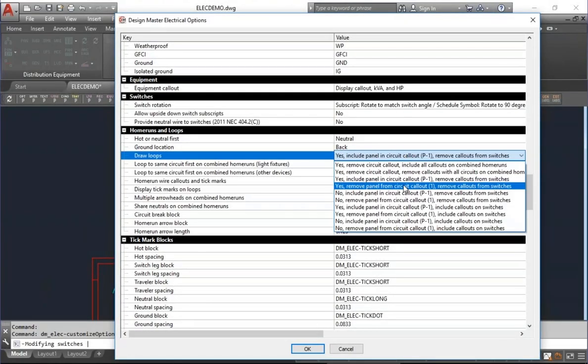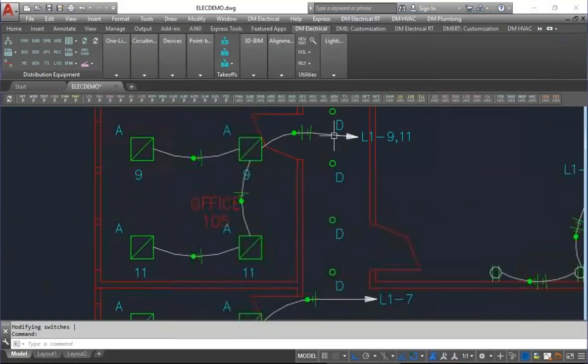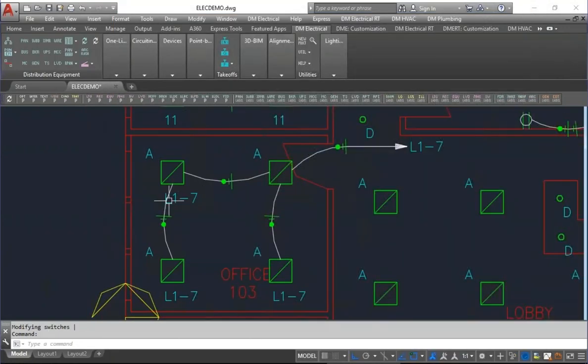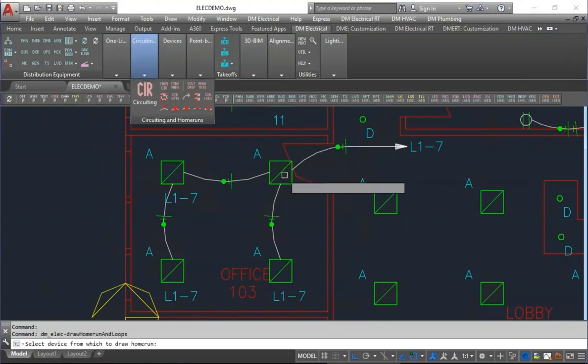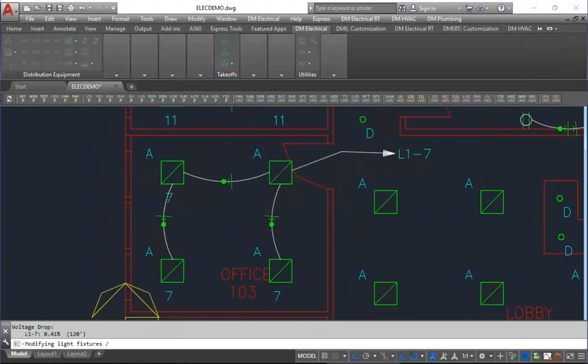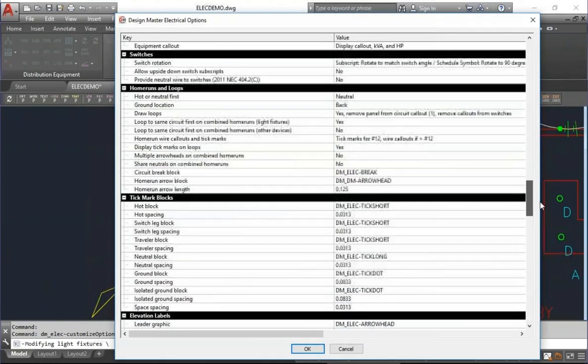And it's include the loops, include the circuit callout, but remove the panel name, and again, remove the callouts from the switches. So if we go down here to this, right now we have the panel L1-7 listed. We run this command, and it lists just circuit 7. Because the L1 hopefully is